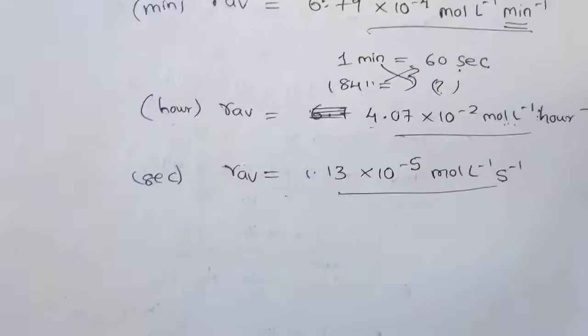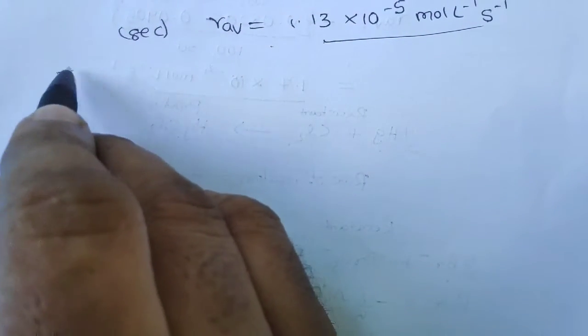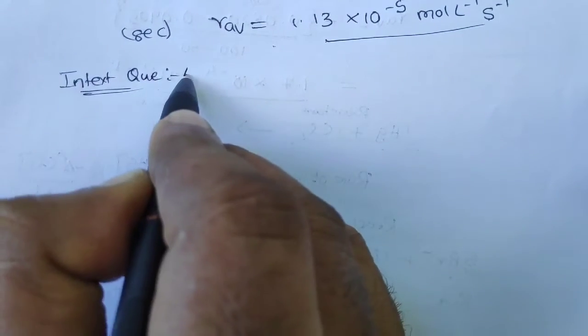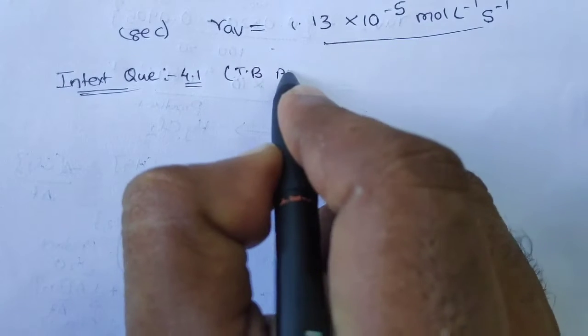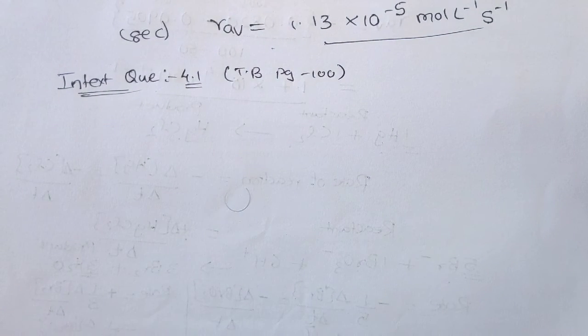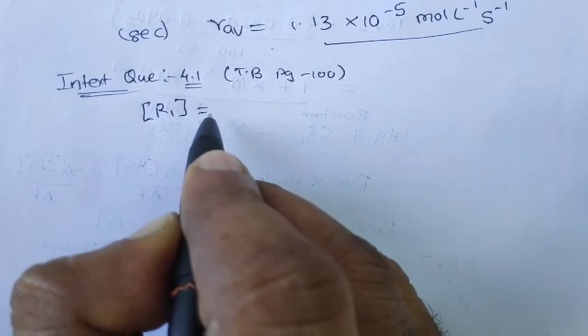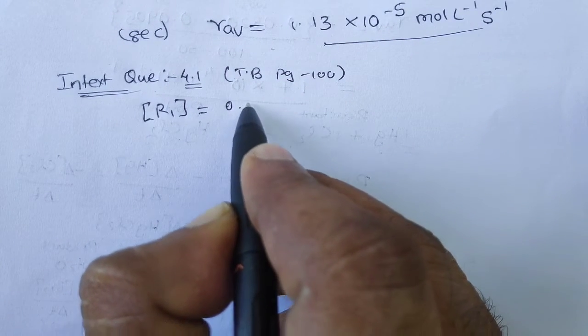Just a minute. See, now in-text question 4.1, right? This is given on page number 100 in your NCERT textbook. Now when we talk about this, you can see that the concentration R1 is given there in your question. If you see, R1 is 0.03,